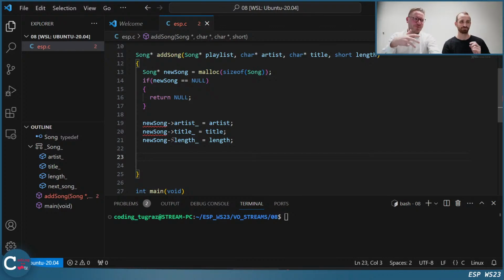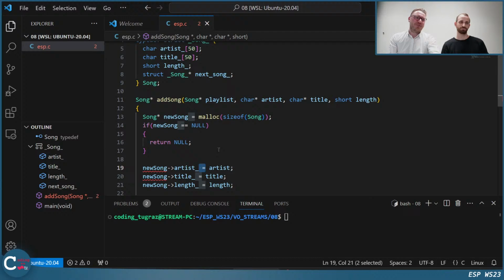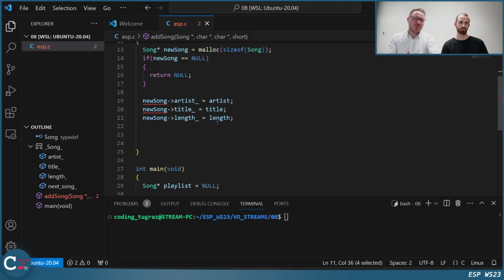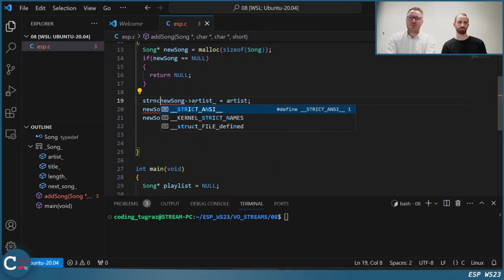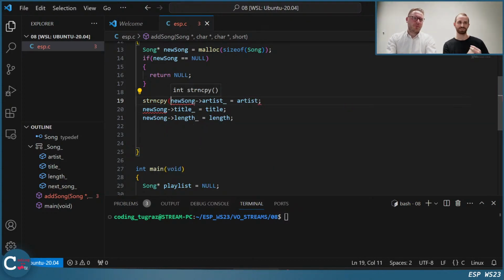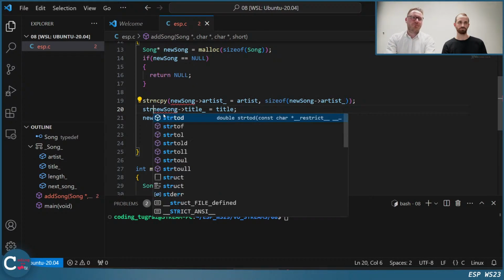Perfect. Yeah. We did a very common error. We cannot do this since we're having two strings. And as you know, doing this would mean we assign an address to an address. We don't do this. So what we actually do, we make a string copy. Like this, we just assign the pointer, just the variable, the address, into this array. Right. This won't work. So we use strcpy in this case. Maybe a question in the chat. What is strncpy? Yeah, there's a difference to strcpy.